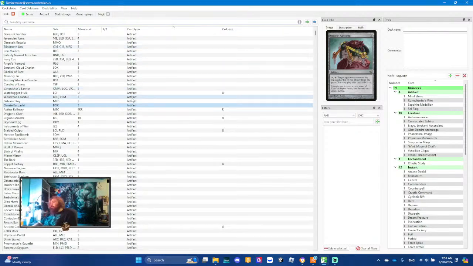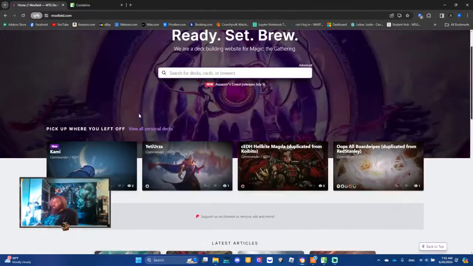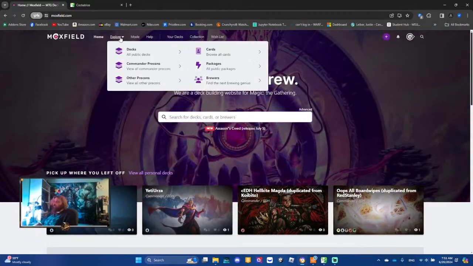Let's talk about how to port a deck over. So, let's jump on to Moxfield. Moxfield is a deck building, deck listing database. And they are in fact doing an Assassin's Creed collaboration. That'll be cool. So what you can do is you can go explore, and you can go,